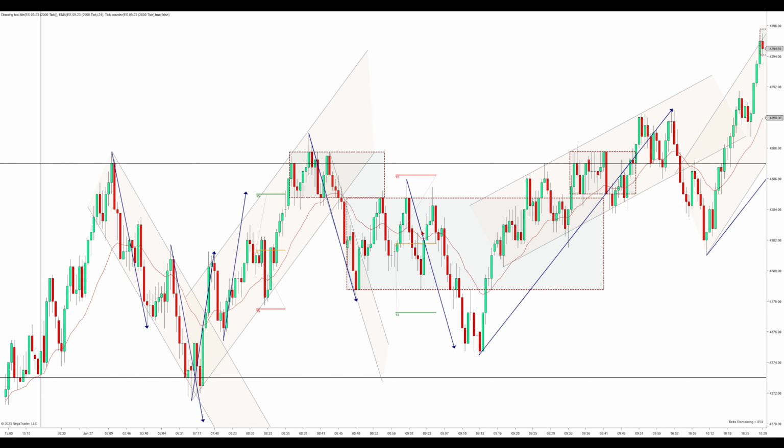So that's why I like that a lot right here, because it has confluence on both sides. On one side, it's a failed second entry, which you could also view as downtrend, break, first attempt lower, second attempt lower. So you're entering on the second attempt lower for this downtrend, okay? And on the flip side, you're entering on the uptrend, break, first attempt higher, second attempt higher, failure. So you're entering on the second attempt failure on the flip side while entering on the second attempt lower on the side that